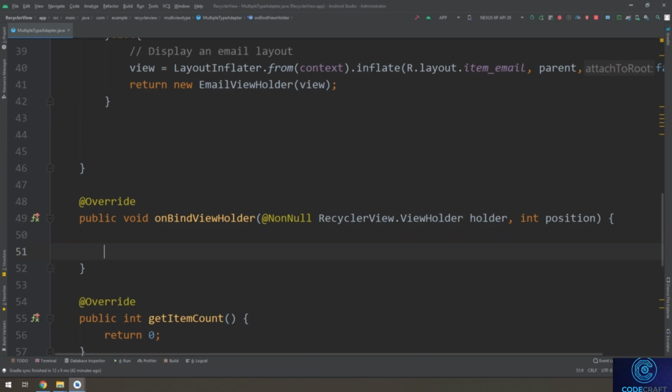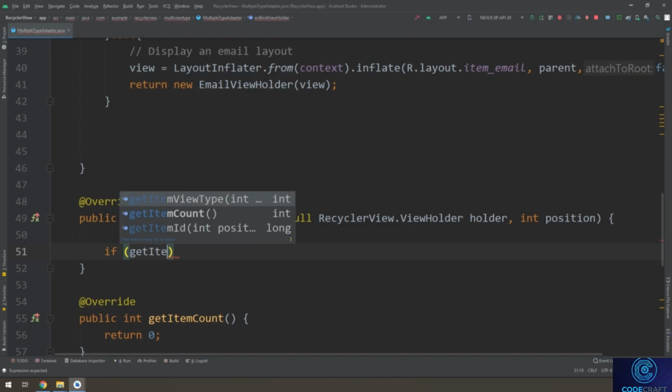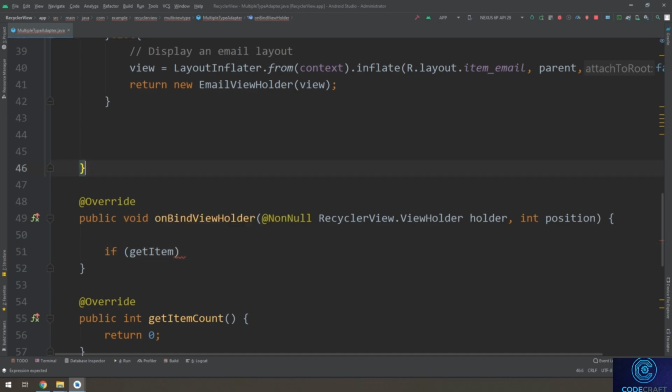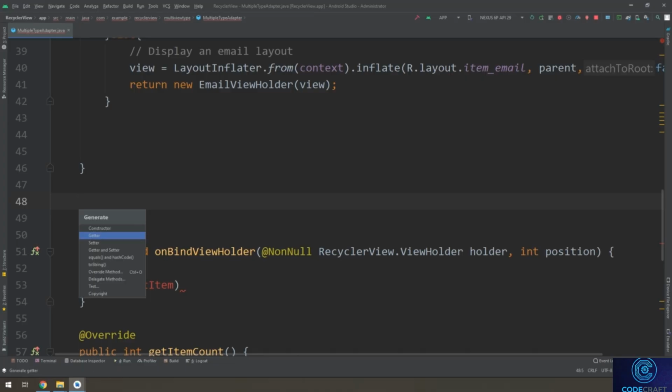Now, on bind view holder, I will put here if getItemViewType. I need to implement this method, so above, I will override this method. Override methods, and I will search for getItemViewType. GetItemViewType, and I need to remove this. And if